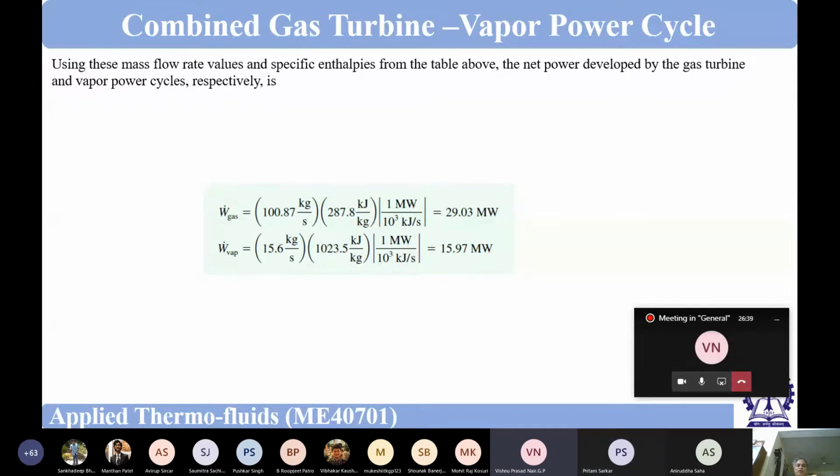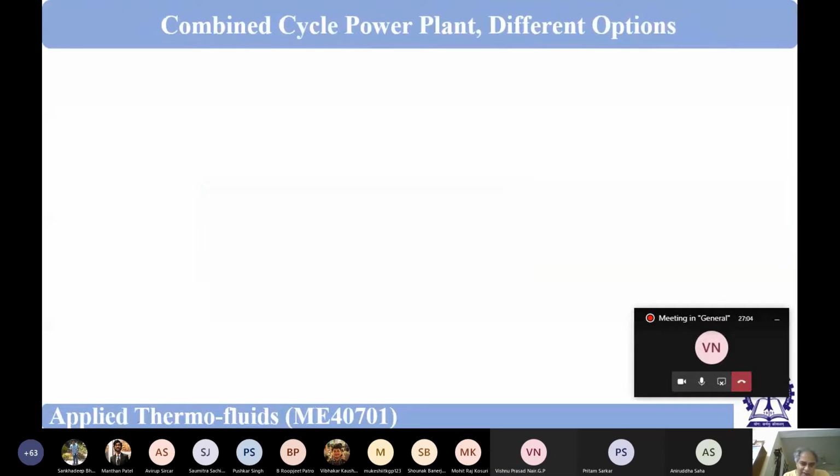So this is what I told, I do not know whether I have mentioned it or not, that in a combined cycle power plant we can cross 50% efficiency. You can also find out the efficiency of the individual power plants, and by this time you should be convinced that we really gain in terms of efficiency if it is a combined cycle power plant. All right, I do not have any slide to show in this, but I have sent another slide deck. I will open that.